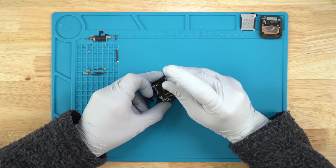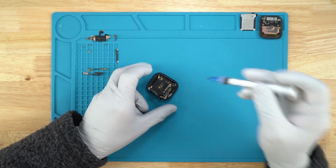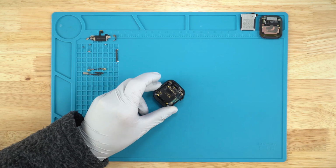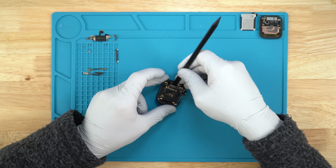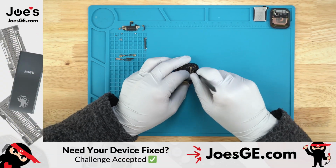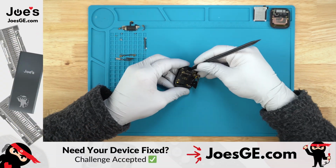All right, just a little bit of alcohol in the back. So we'll throw some in here as well. I'm sure if we heat up the back, it will also make it easier to get the adhesive softened up, but we'll just take it nice and easy. Okay, so we're just gonna have to make sure that those ribbons